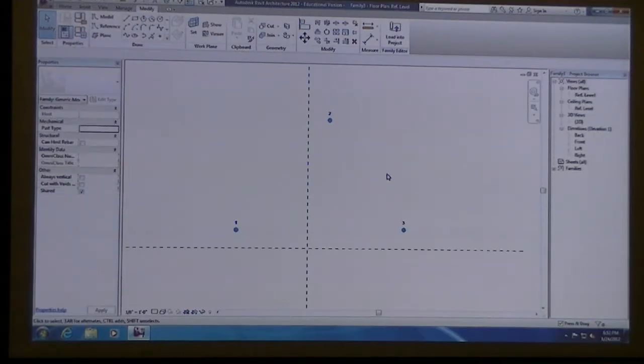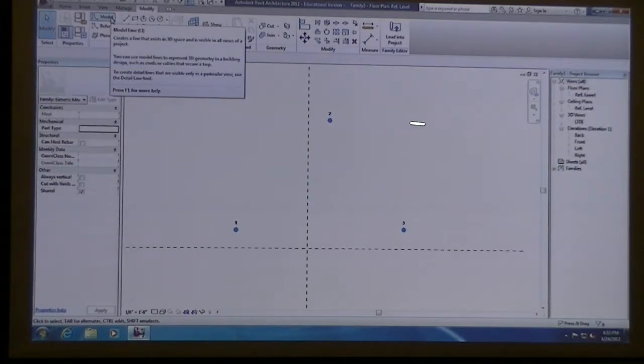Now what these numbers are telling you is when you place your adaptive component, this is the order of your clicks. So you have to determine, or keep track of, the order of how you're going to place this component when you bring it into another project. For now, I'm just going to keep it in this order, having the 1 on the bottom left, the 2 in the middle, top, and then 3 on the one that's remaining. Everyone get that so far?